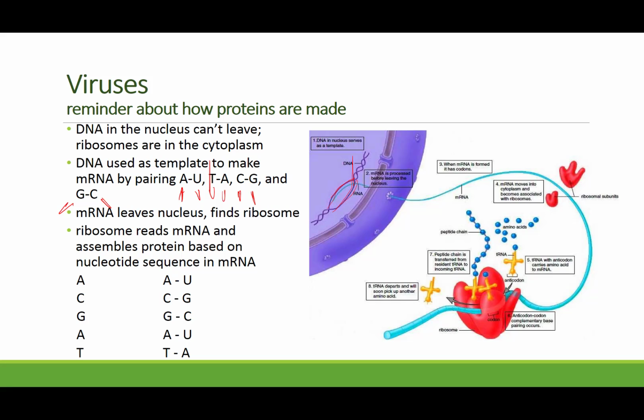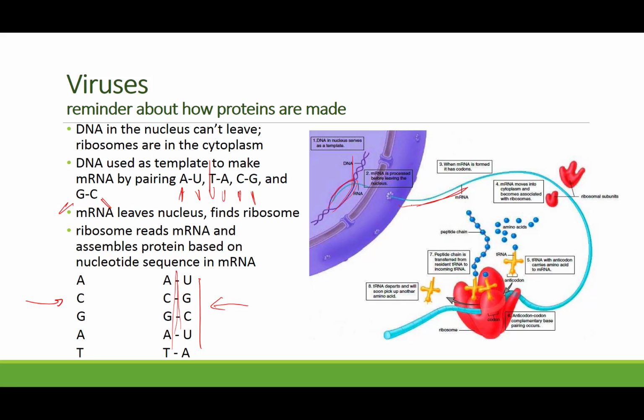So for instance, here we see a strand of DNA, ACGAT is its sequence. We pair the A with a U, the C with a G, the G with a C, the A with a U, and the T with an A. And in that pairing, we build this string of messenger RNA that is UGCUA. And then we break this binding apart, and we have produced this strand of mRNA that